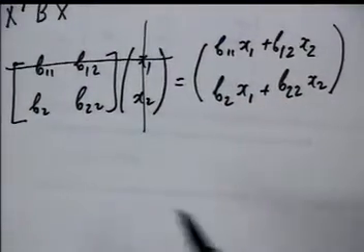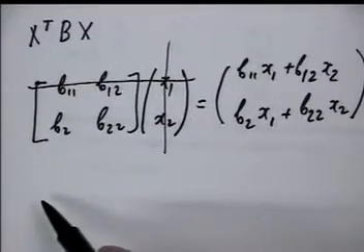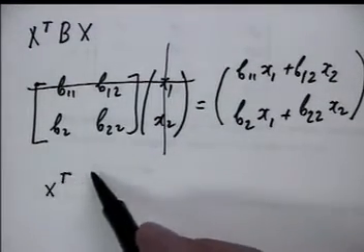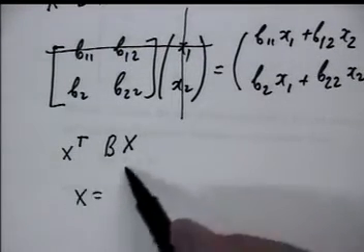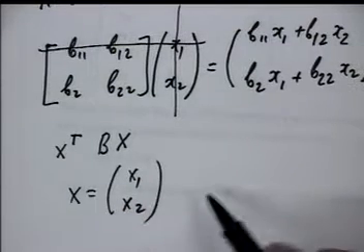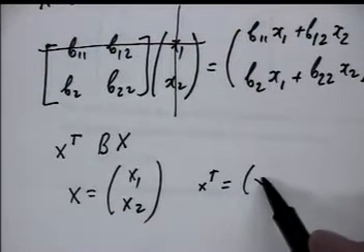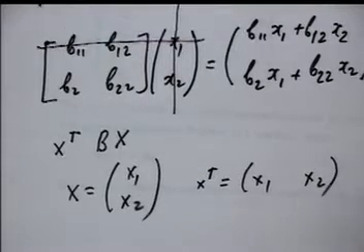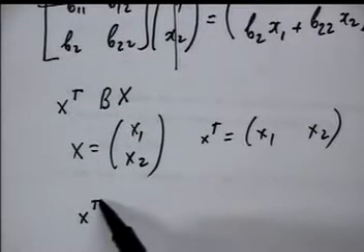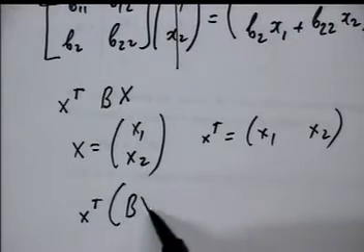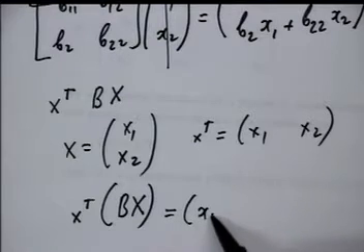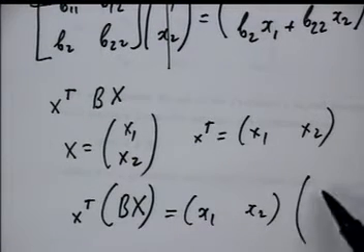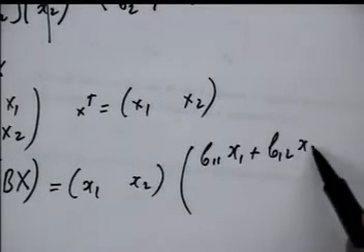Now we calculate x transpose Bx. Because x equals x1, x2 as a column, x transpose equals the row x1, x2. So x transpose Bx, that we already calculated, equals x1, x2 times b11 x1 plus b12 x2,